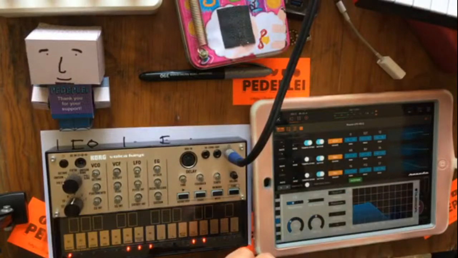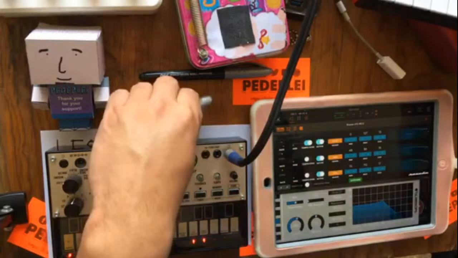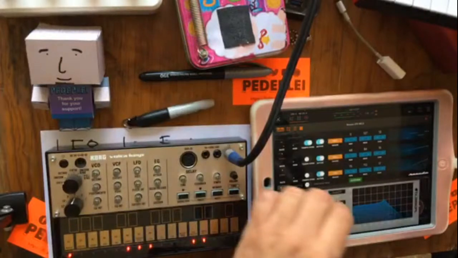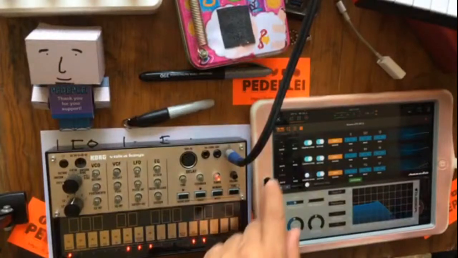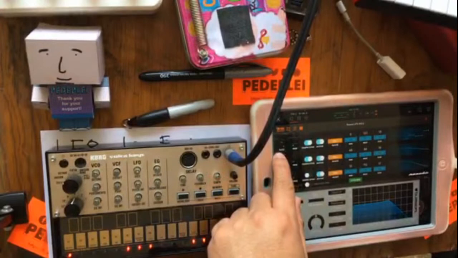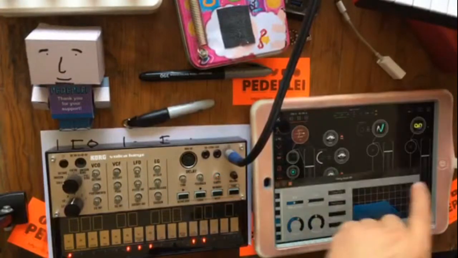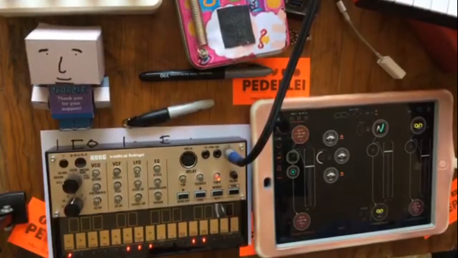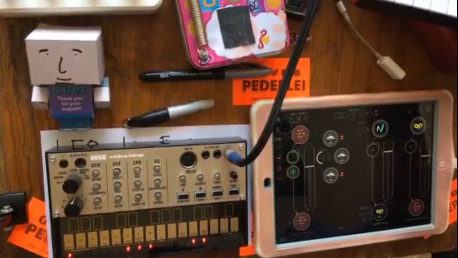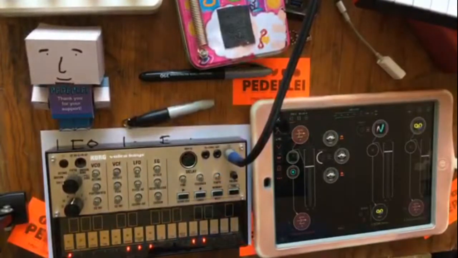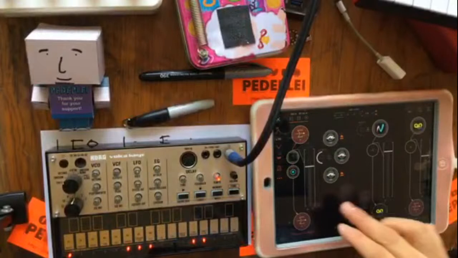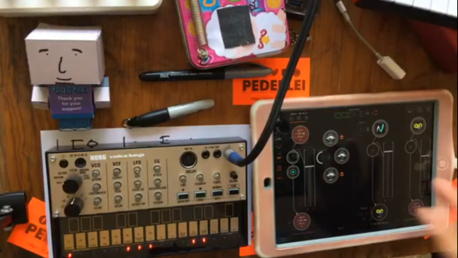Yeah, that's going to be the range for that. Do I want this to be synced? Yes, I do. So it's kind of a rhythmic synth. Okay, cool. So now that we have that, I want to show you how I can also use this in